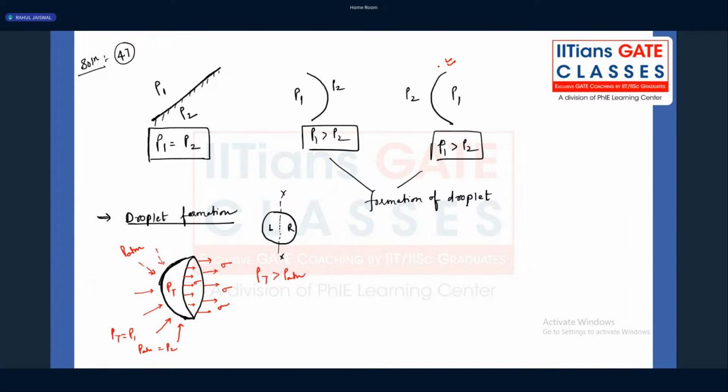Why is this particular shape forming when P1 is more than P2? Definitely, the total pressure inside this bubble or this droplet is more than PATM. This difference of pressure I'm calling delta P, for example. Because of this delta P multiplied with the projected area, that will give me the bursting force. For example, that particular bursting force will try to be balanced out by what? Surface tension force. So if I do the force balancing,